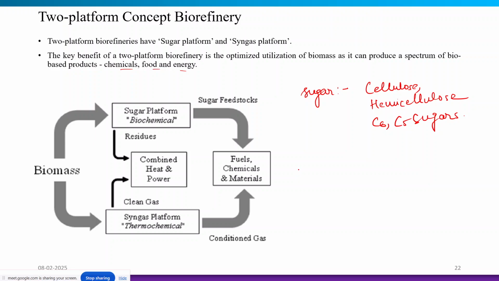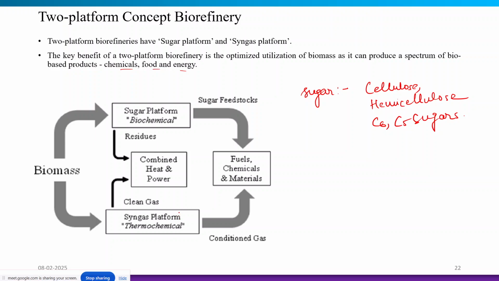Right? This sugar platform is further treated with biochemical conversion routes. Typically, the fermentation of the sugars is being done, whereas the syngas platform, it depends on the thermochemical methods, gasification